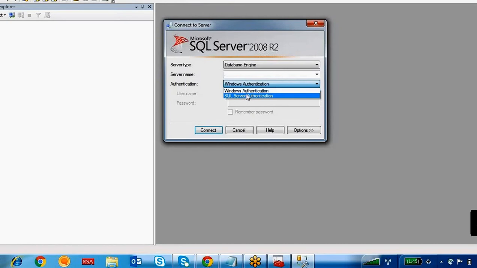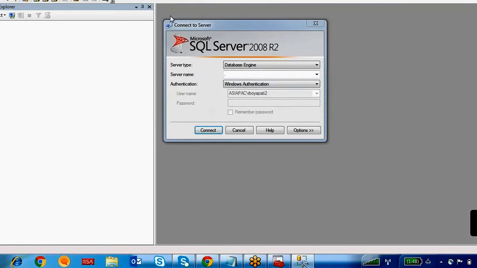In the installation you get two options: only Windows authentication, or mixed mode, which is a combination of both. If you select Windows authentication, it takes your machine login name by default, so there is no need to give any username and password.